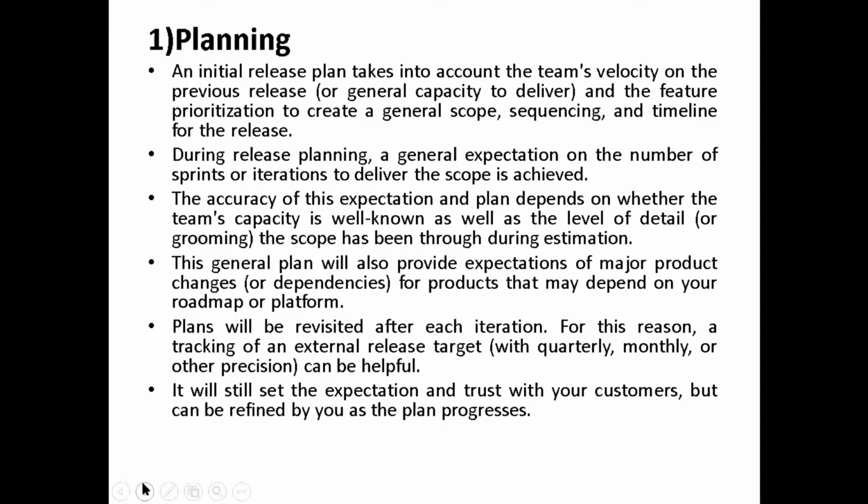is well done. See, I have said 4 months down the line I'm going to give a delivery. This is well planned if I know my team's capacity. If I don't know all the details, then within 4 months I'll not be able to deliver it. It may go to the 5th month or 6th month. Plans have to be revisited.